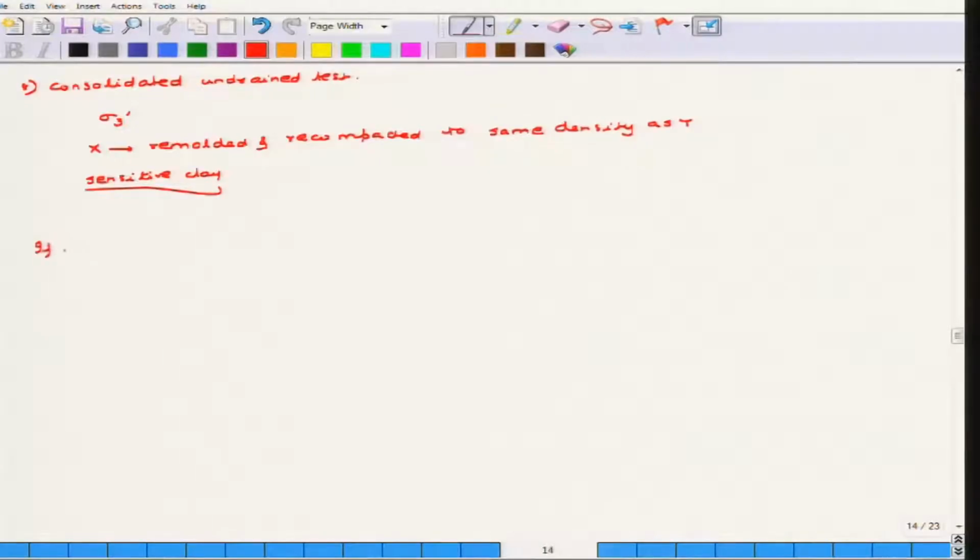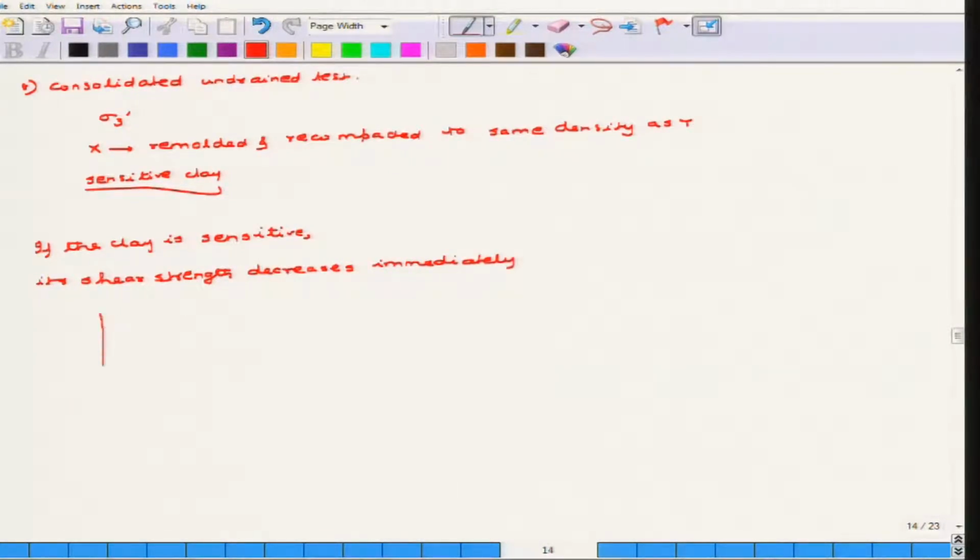So if the clay is sensitive, its shear strength decreases immediately. So obviously in this case, without thinking much, you can say that the shear strength of X is